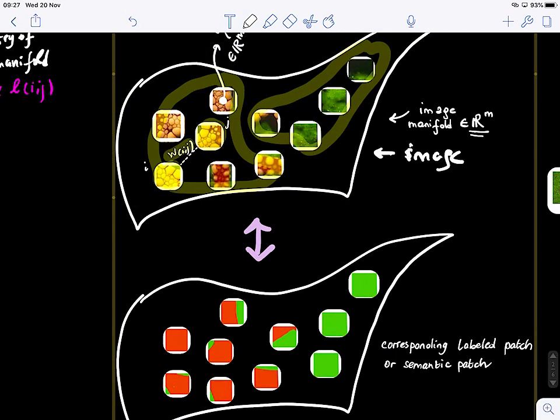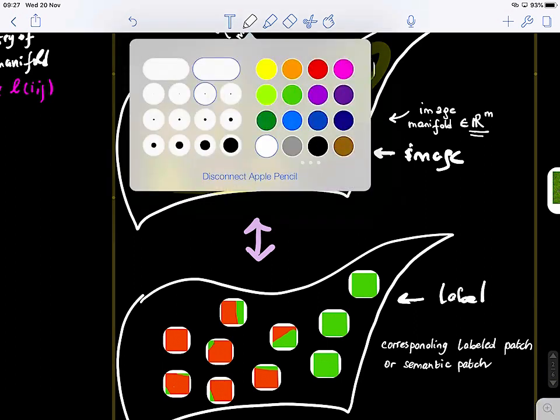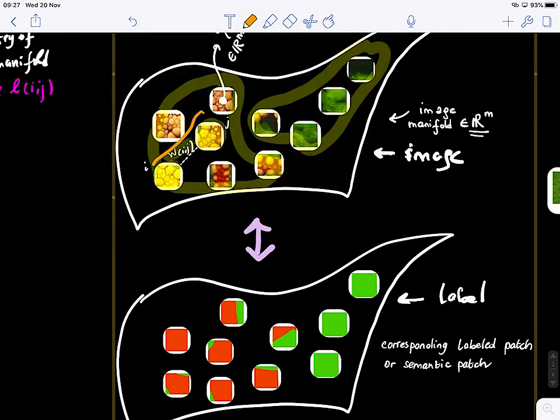And I have also the label manifold. The main assumption is that two similar samples will also share the same semantic label, generally. So this is the main assumption. If these look very similar and my similarity is a very good measure, then I would assume that they will